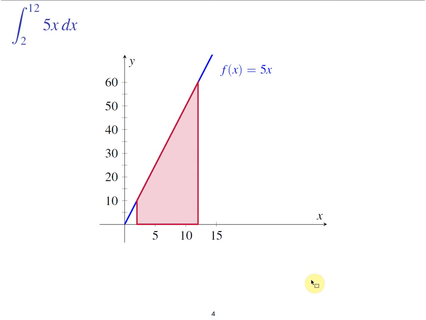The other way to compute this area, this purple region, is to think of this as the area of this big triangle here, which has a width of 12 because that's from the origin all the way up to the 12 right there, and height of 60 because that's from y equals 0 all the way up to y equals 60. But that's too big. We've got to now cut out this little triangle right here. So this orange triangle, we subtract away that area. That's 1/2 times a width of 2 times a height of 10,